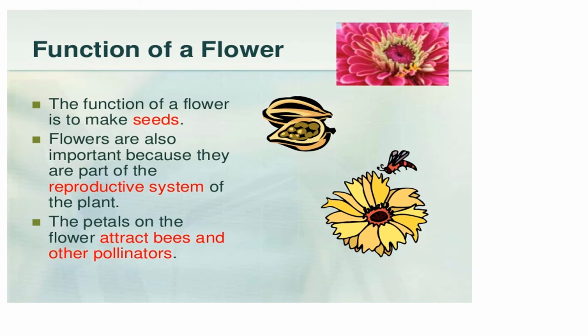Next is functions of flowers. Flowers are the most attractive parts of a plant. So normally petals, which are a part of the flower, attract the insects and bees, which helps them for pollination, that is transferring their seeds into various places in the environment. And the most important part is they are the reproductive system of the plant. That means the next generations continue due to flowers. Either they bear the seeds directly or they produce the fruits which bear the seeds, which are the next generation plants.